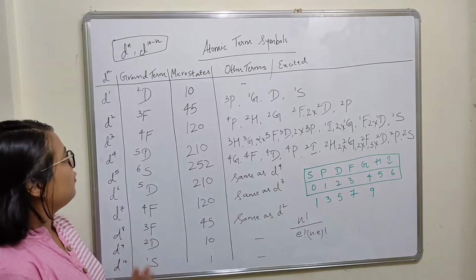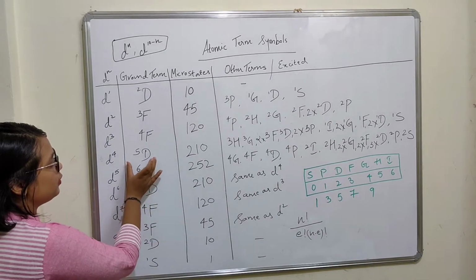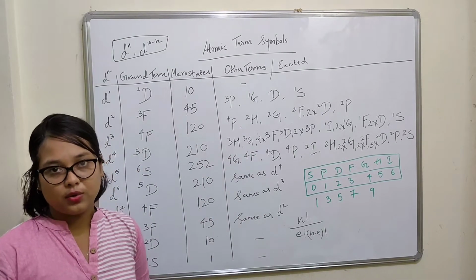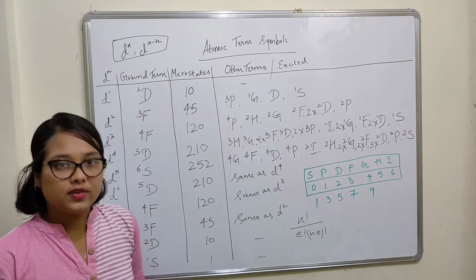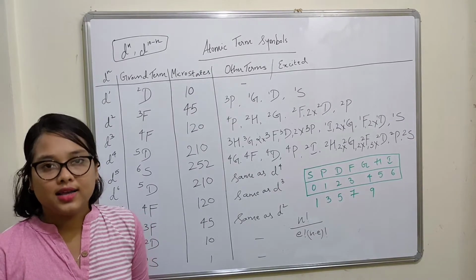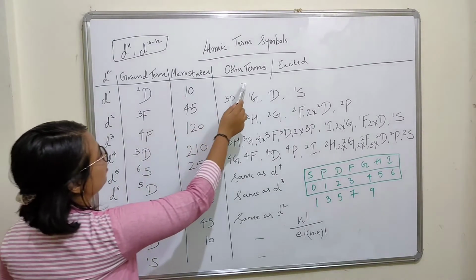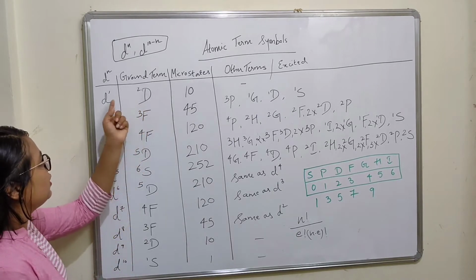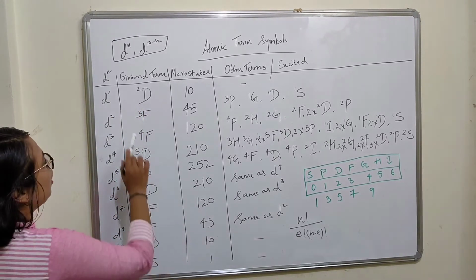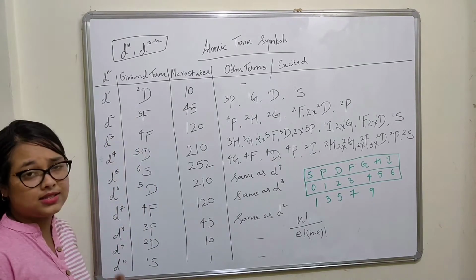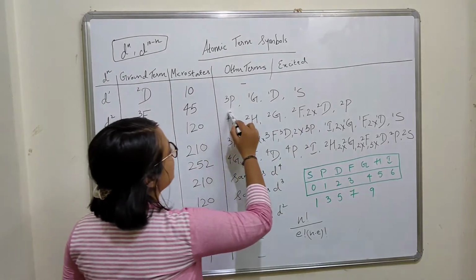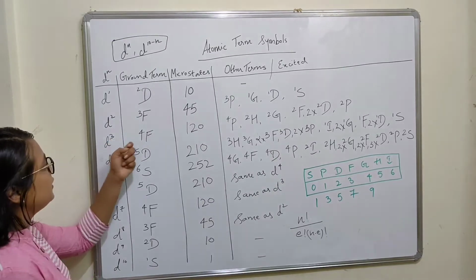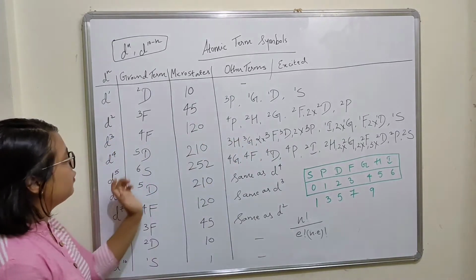What you have to understand is that the relation between your ground state and the excited state is going to tell us about the transitions that you get. A transition is a shift of an electron from a lower energy orbital to a higher energy orbital. Here we see that we do not have any excited term. We only have one ground state term symbol, that is 2D, for the D1 electronic configuration. Talking about D2, we have 3F as the ground state term symbol and 4 excited terms which are present. Then we come to D3, 4F, and henceforth D4 and onward.